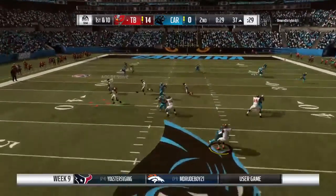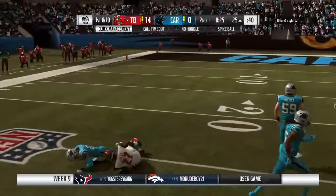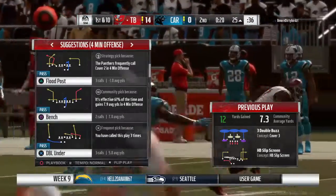First down, Winston. He sets up the screen to Jones. And they're able to get this one past the 30 down to the 25. They pick up 12 on the play there, and they move the...